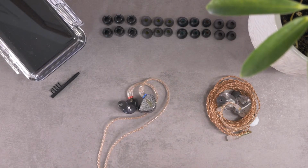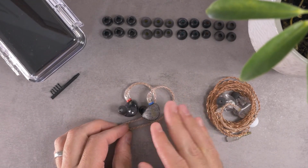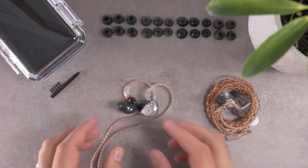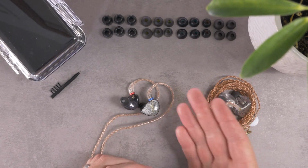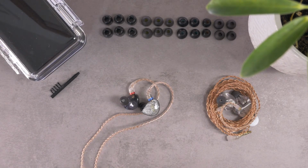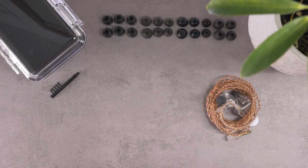The Audiosense is interesting. I described the bass as being pretty emphasized, and it is. The bass is one of the dominating characteristics, but it doesn't necessarily come across as a warm sounding earphone. In fact, I think the Audiosense AQ7 sounds kind of mid-forward. It's very mid-forward, very upper mid-forward. The lower mids are a little bit scooped, but it's kind of interesting, and maybe I'm reading too much into a frequency response graph, but when I look at this thing on a frequency response graph,